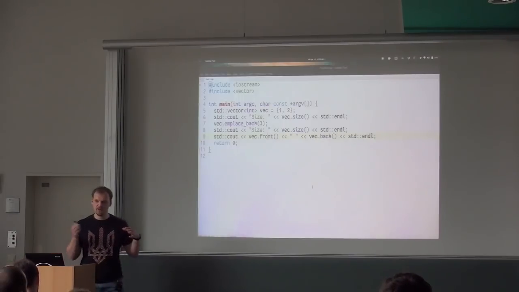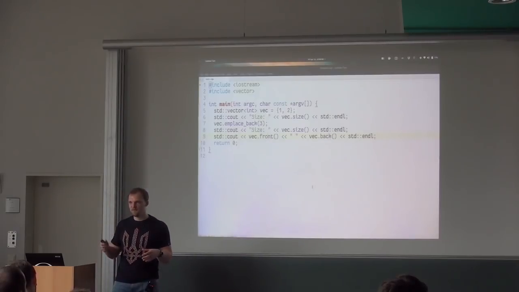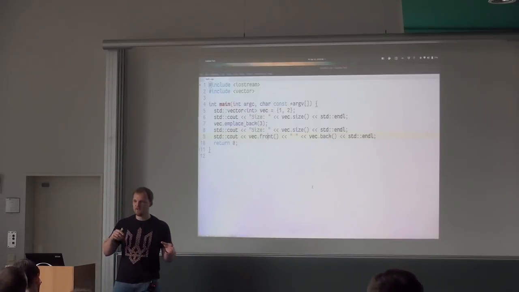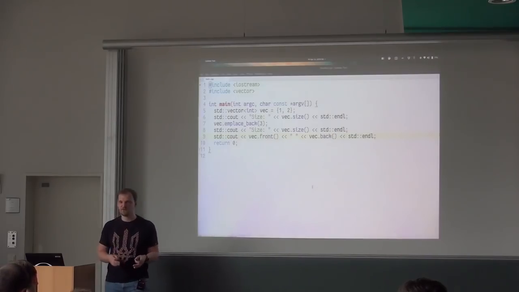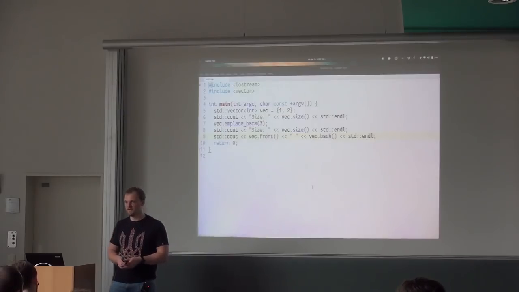If I would have to add a lot of elements with a pushback, I would use reserve, because reserve kind of tells that even though the size of the vector doesn't change, the memory allocated for all the elements is still there. So if I would add many of the elements with pushback, I would actually use reserve. But if I add like a couple, it's usually fine. So it's kind of an optimization technique. If you have a lot of elements to add to a vector, you should use reserve. Otherwise, you shouldn't bother. You should just use pushback and so on. It works just like that out of the box.